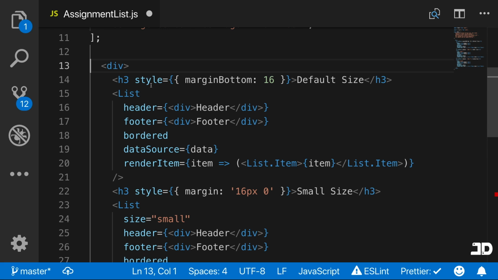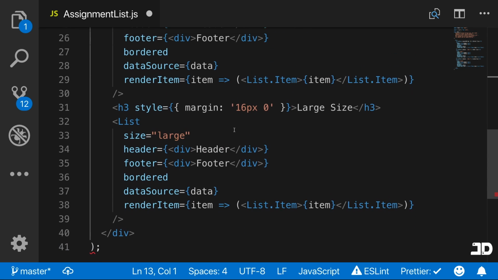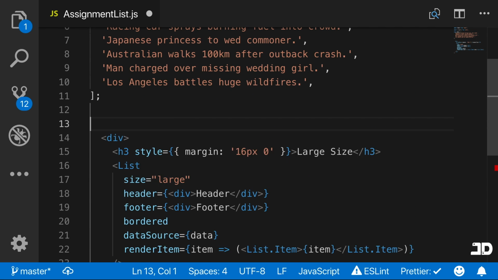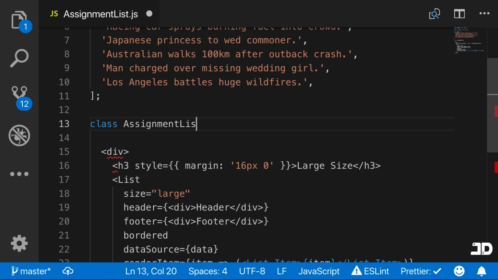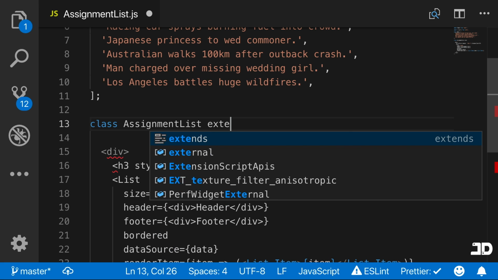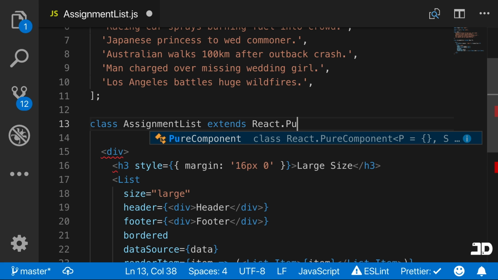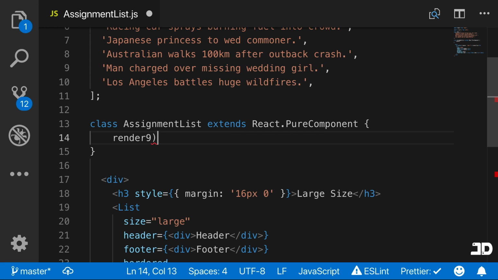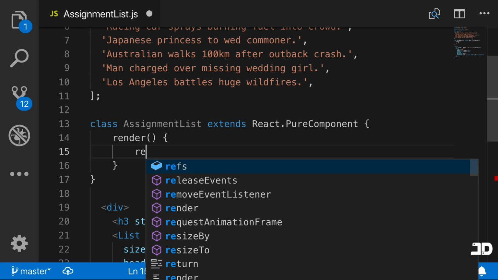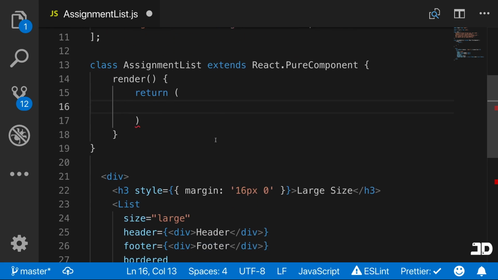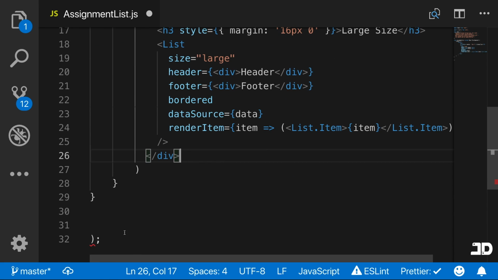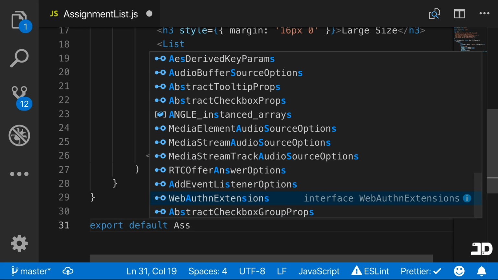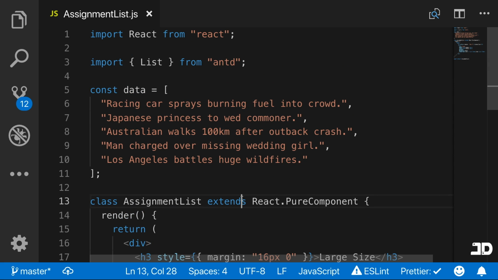And actually all we want is the large size, so we'll delete everything else, and then we'll just create a class called AssignmentList, which we'll say extends from React.PureComponent, and then say render and return, and we're going to return everything here, and just paste that in there. And then we'll say export the default as the AssignmentList, and then this AssignmentList we want to bring